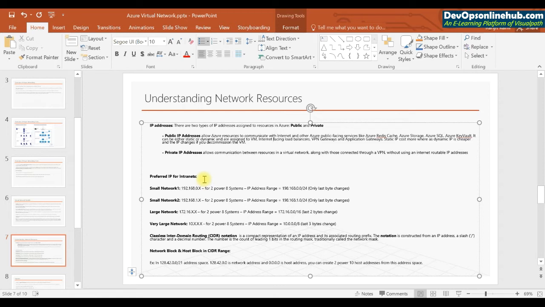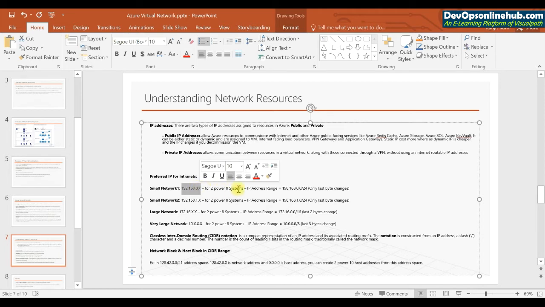So based on your company, this is not mandatory that you have to follow, but the best practice normally suggested in networking is that, based on the company size and the number of IP addresses the company may require, there are certain ranges of IP address notations available, which we will be seeing now. If your company is very small, or if you need a very small network, like a 250 IP address range or something like that, then you go ahead with the IP address range of